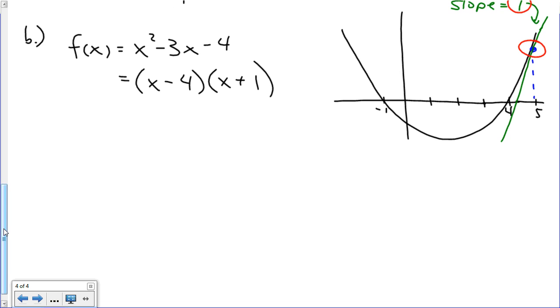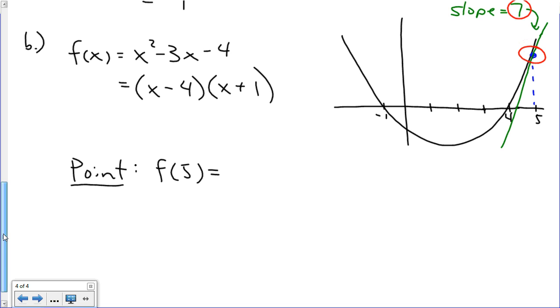It's a straight line, so I know the equation is in the form of y equals mx plus b. I just need two things here. I need to know a point that it goes through, which I can find. I know it goes through the same point on my tangent line as it does on the function at x equals 5. So if I find out what f of 5 is equal to, which technically we actually did already, if I scroll back up here,